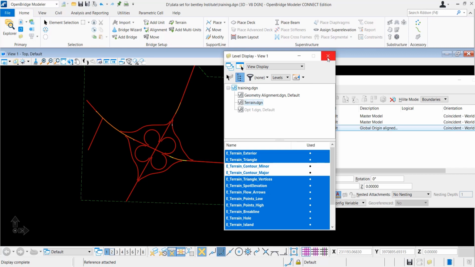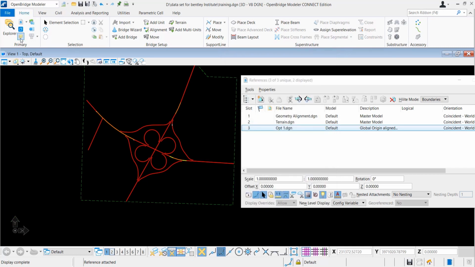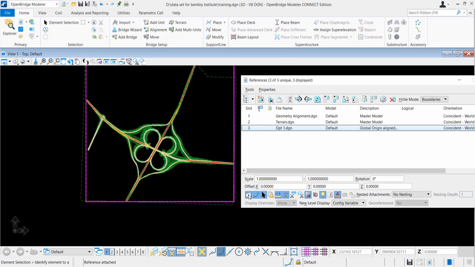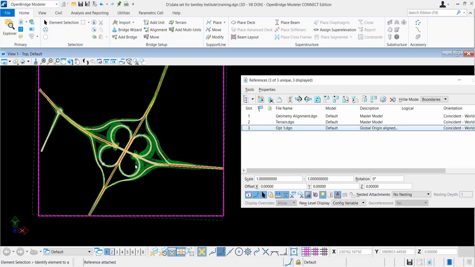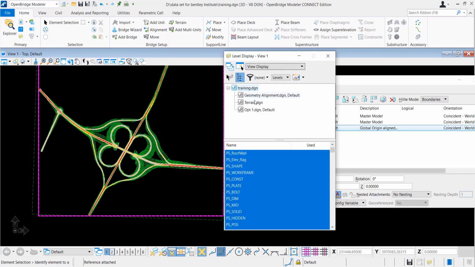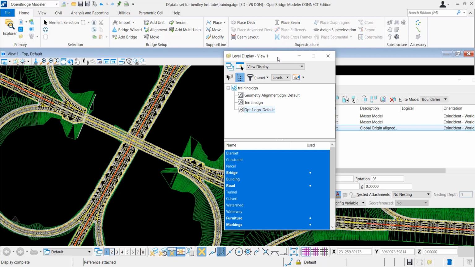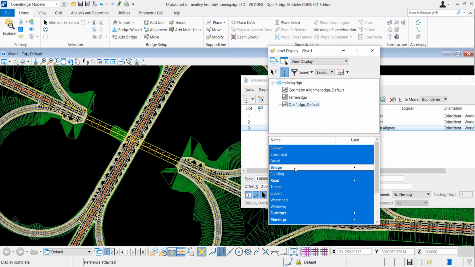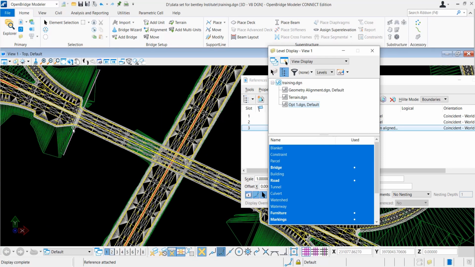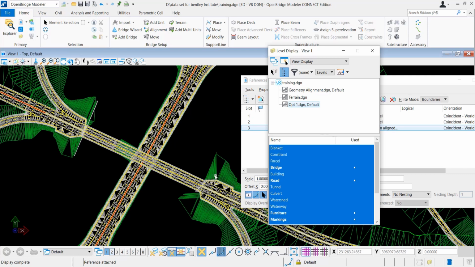So here you can see the contours we have turned off. The terrain is attached in the model and is on, but we have turned off a certain layer, those are the contours. Similarly, in option one, our corridor model, we can see there is a layer called bridge. That bridge layer is basically the tentative location our highway engineer placed for us: let's start our bridge from this point and end at that point.